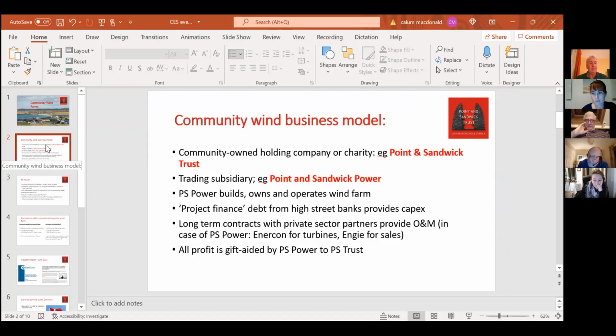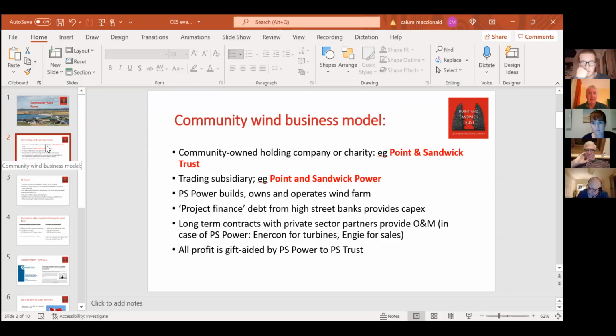This will be familiar to most of the people here, unfortunately, but hopefully of some use to maybe Gemma, possibly, if you think of doing some community wind farm projects over in Kinloch. But anyway, the basic structure of a community wind farm